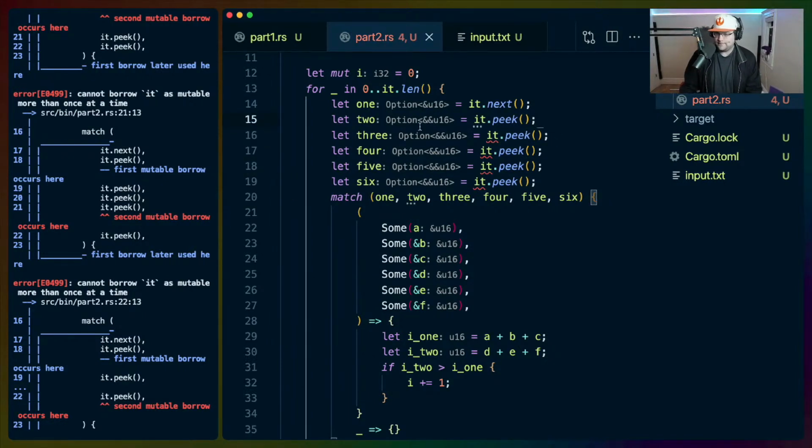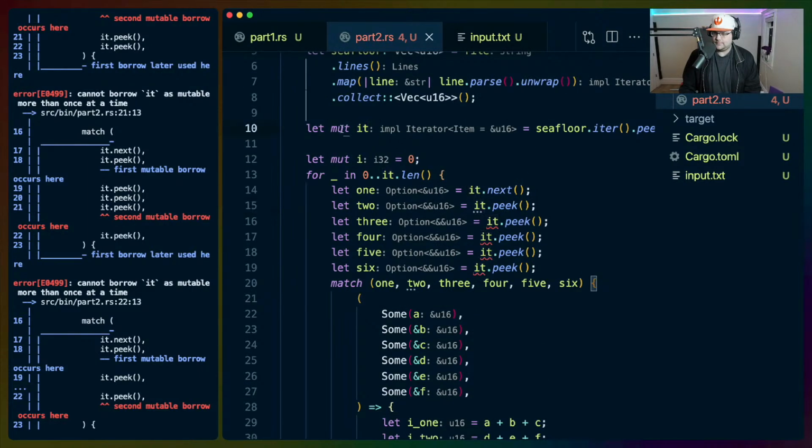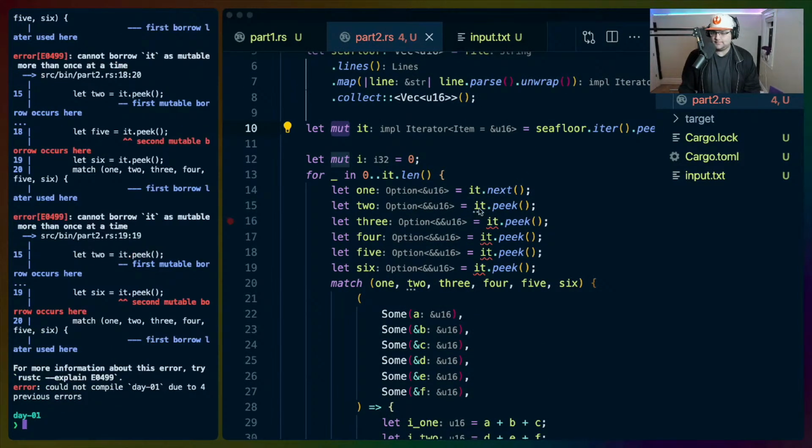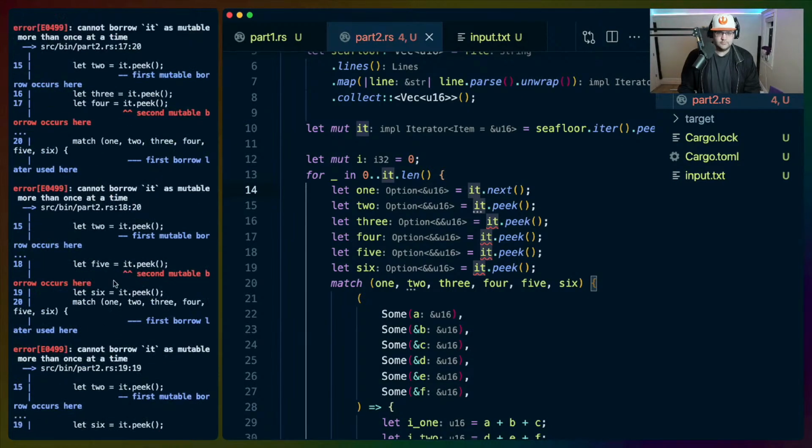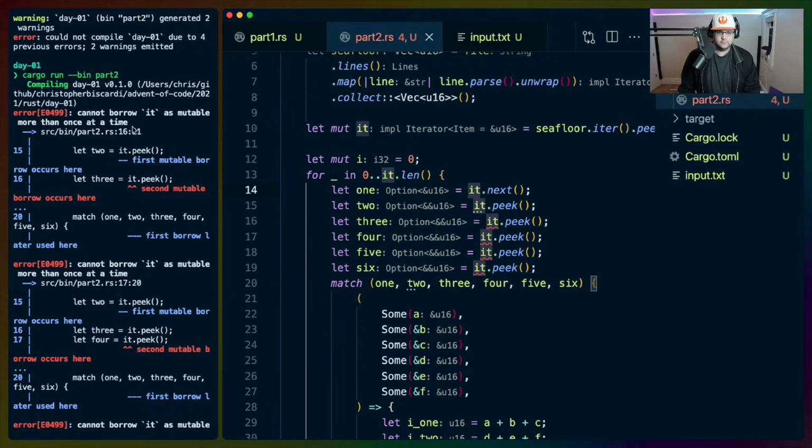Okay. So maybe we do need multi-peek. Peek isn't mutable though, right? So we should be able to reborrow this. Or it doesn't need to be mutable here.